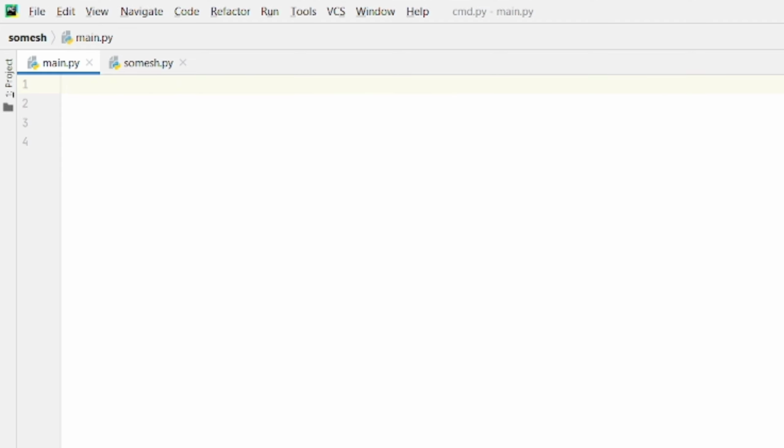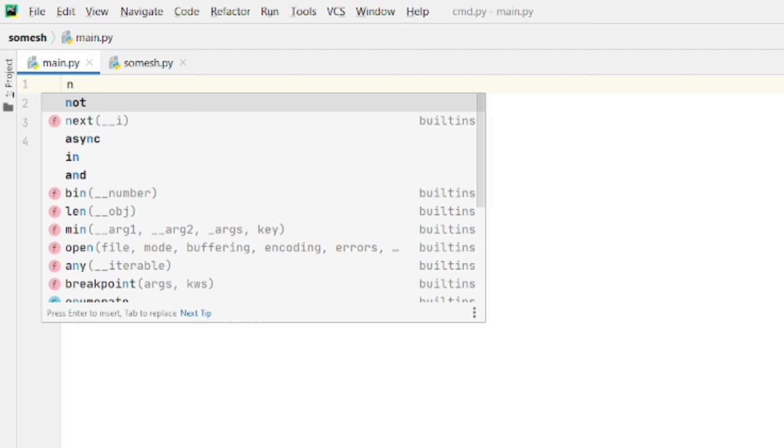Now let us discuss about if elif loop. The program is, we have to take input from the user and we have to check it is divisible by 2, 3 or 6, and based on the priority we have to give, and 6 is the first priority and 3 is the second priority and 2 is the third priority. If we have to check first it will divisible by 6, then we have to print 6, or else we have to go to the number 3. If it is divisible by 3, we have to print 3, or else we have to go to the number 2. Let us write n is equal to,